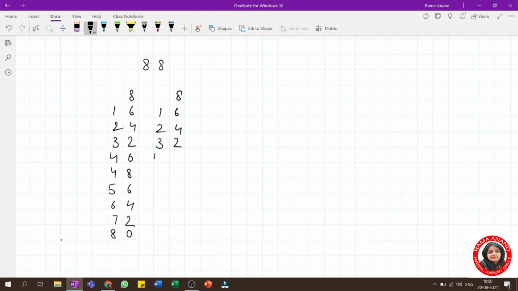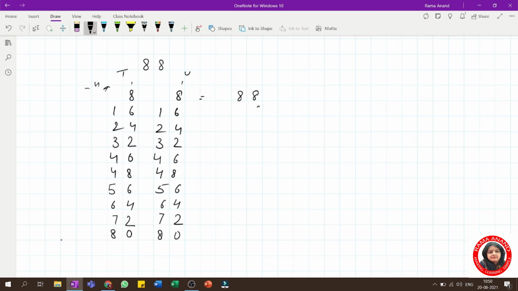It is just you have to keep in mind, at one place you can't put 2 digits. If we are talking about a unit place, only 1 digit can come, and if we are talking about tens place, it can hold more than 1 digit. So my first number is 88. Other digits will be moved to the next place like hundreds place or thousands or ten-thousands place, like this.